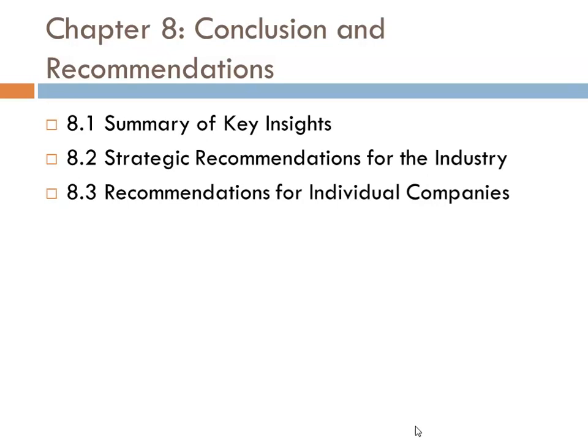Then some recommendations for the industry: policy suggestions for the regulatory and government bodies, industry-wide improvements in operations, technology adoption, and sustainability, and future growth strategy if you are going to suggest. So in short, this chapter will be written by a student after compiling chapters 1 to 7, reading all the chapters, and after that discussing with your faculty members. Chapter number 1 you have to write along with your faculties. Similarly, you can discuss within your group and with your teaching faculty.